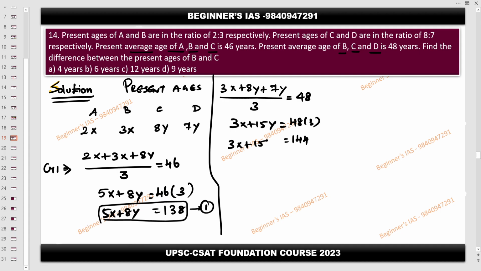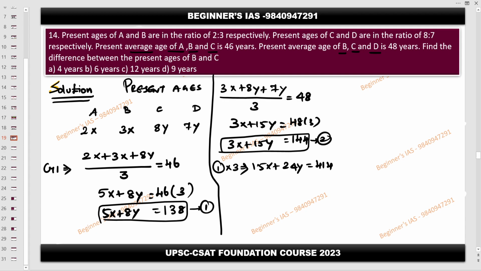Now that we have these two equations, it is easy to calculate by using the elimination method. In order to do the elimination method, we need to make at least one of the coefficients of the unknowns the same. So now listen, I am multiplying the first equation by 3 to make the x coefficient the same. Therefore 15x plus 24y is equal to 138 into 3, which is 414. Then I multiply the second equation by 5, then only we can get 15x here. So 15 into 5 is 75y